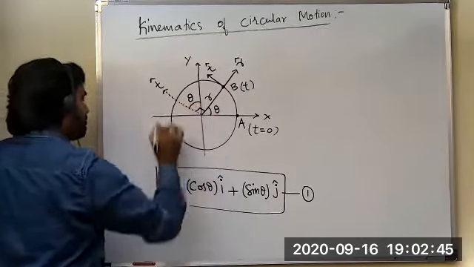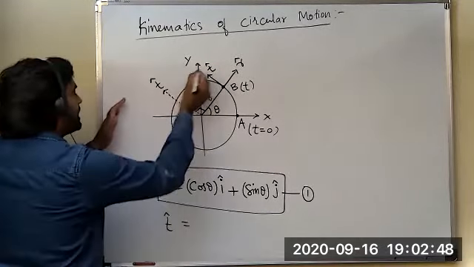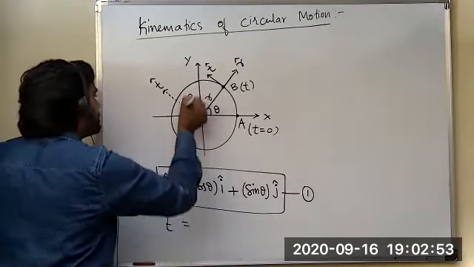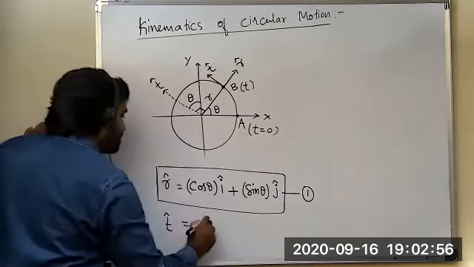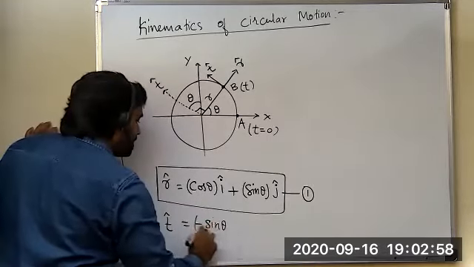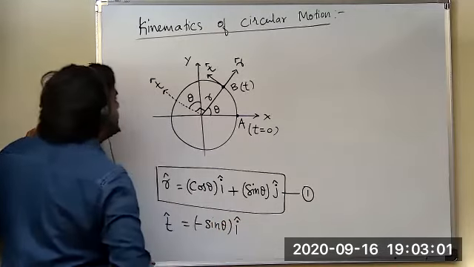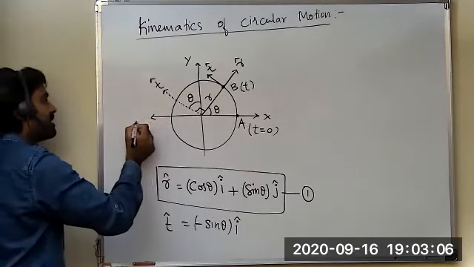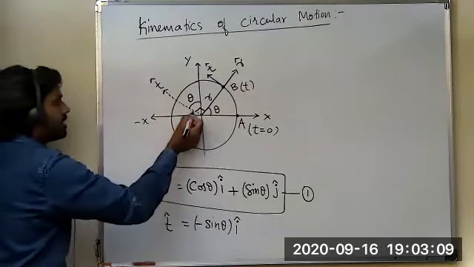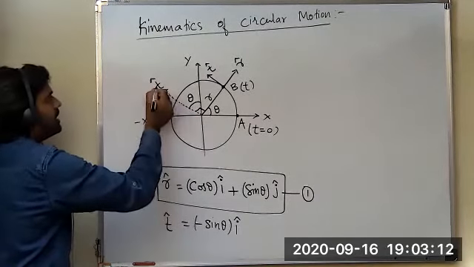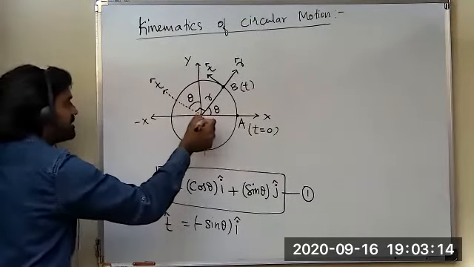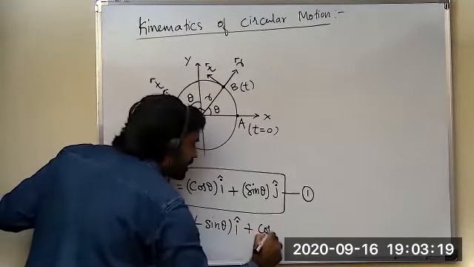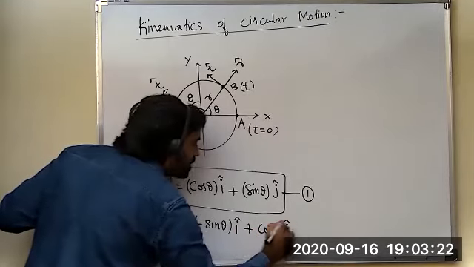Then see guys, if you write down this t cap in vector form, then we will get, right along this direction, minus sin theta into i cap, you can take, students, because the x component of this unit vector will be along negative x-axis. This is negative x-axis. Okay, and that too sine component. Why? Because t is making an angle theta with y-axis. Therefore, the component along y-axis will be cos theta, students. Then you can write it as cos theta into j cap. I hope you understand what I am doing here.